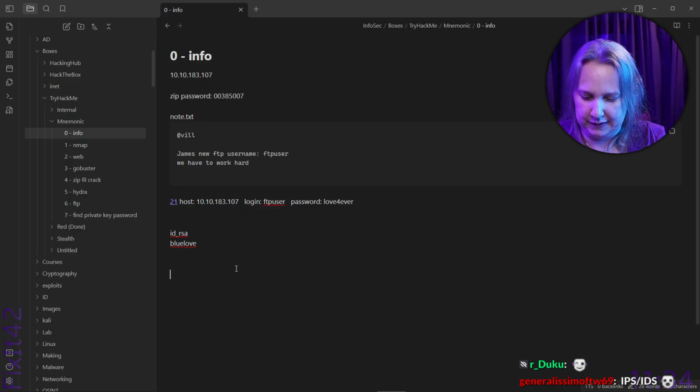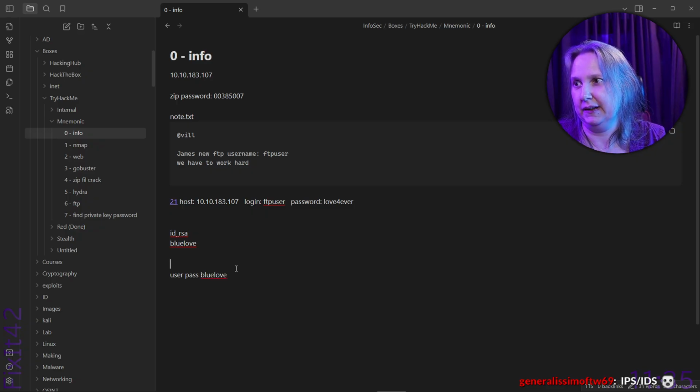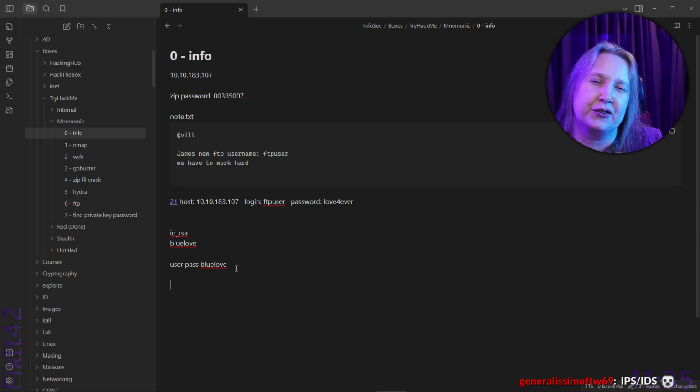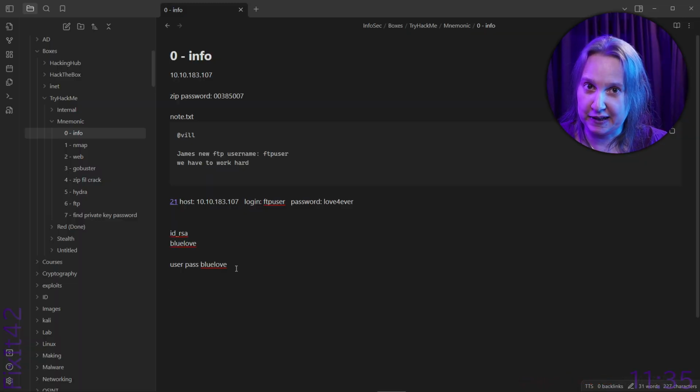IPS/IDS amused. Blue love. And this is for the key. And this is for his user. But that's kind of interesting. I've never seen this kind of security for SSH, where you have both an id_rsa encrypted with a password, and then you have the user password too. I've never seen that.